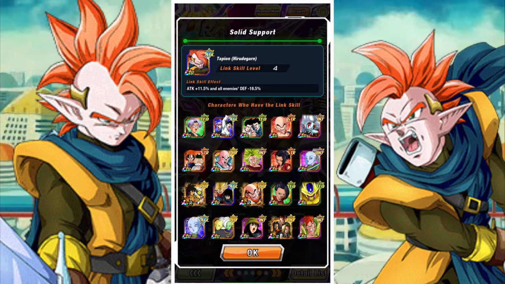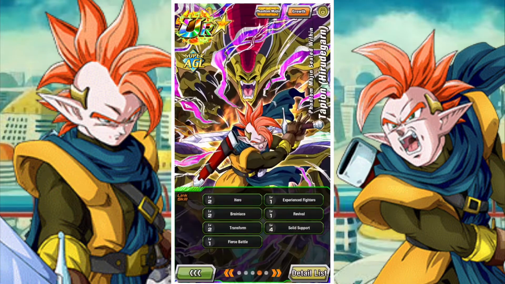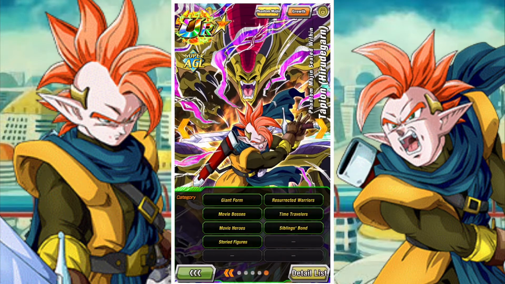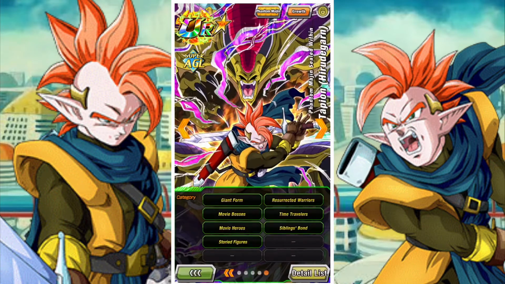The main thing with this guy is that his link sets are decent, but they're kind of all over the place. There's very few units that will share 4 or 5 links with him. You'll get a lot of units that will share about 2 or 3 links with him, but for the most part he's definitely got 2 very obvious good pairing partners, those being himself, the Tech Tapion, and the Strength Tapion